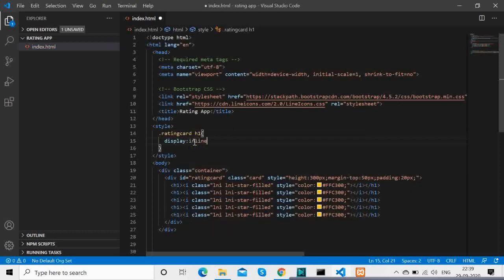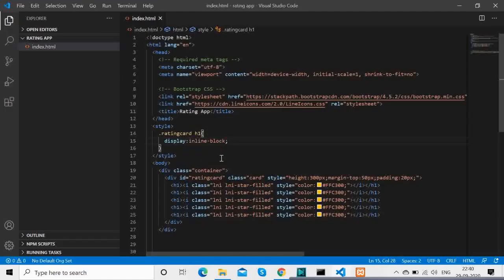If you feel that this portion is a bit confusing, you can skip two or three minutes later. It's the trial and error which I went through to get this fixed. We want the rating stars to be in a single line, so I'm doing that.